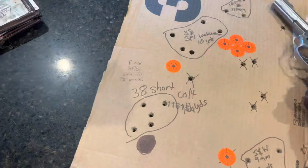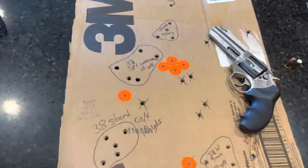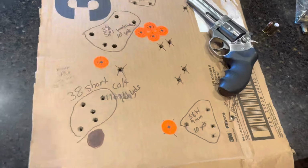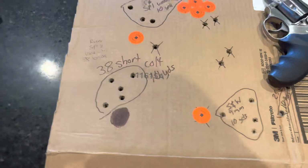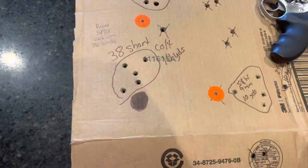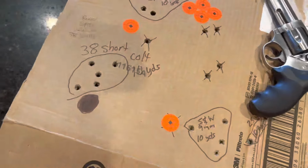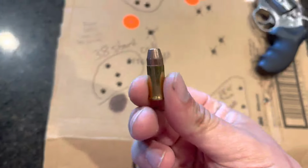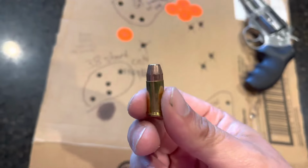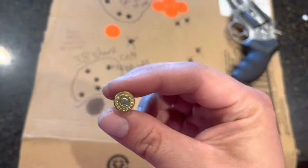But anyways, so I tested some hand loads I made, you know, a year in the past up until today. The surprising thing that really got me was the 38 short Colt load. And no, it's not the one with the pink bullet. I have another hand load I make. It's Barry's 158 grain flat point with 2.8 grains of Bullseye, and this is a 357